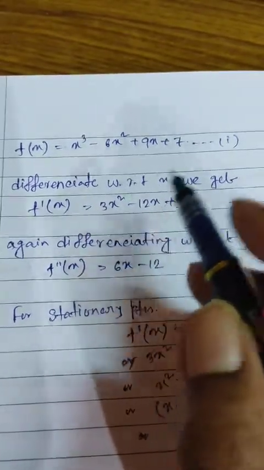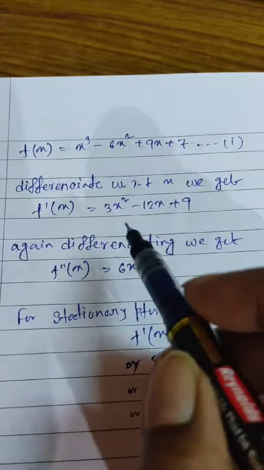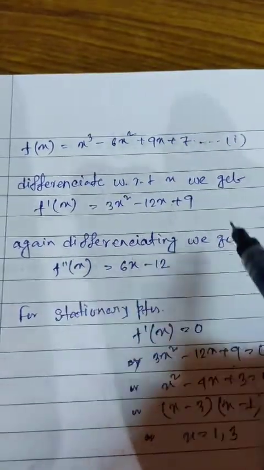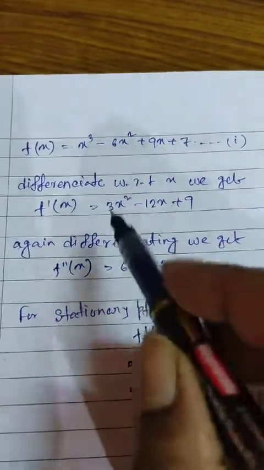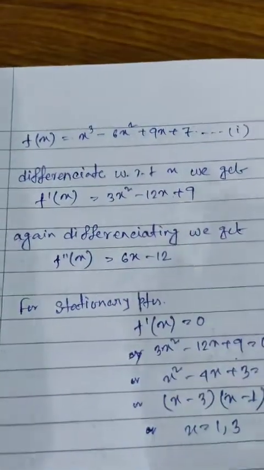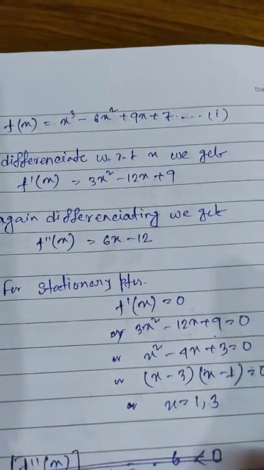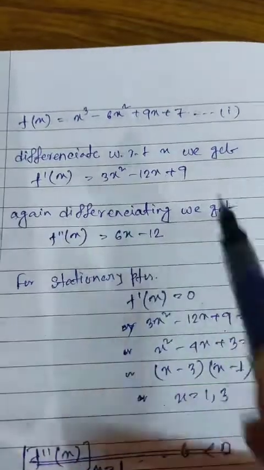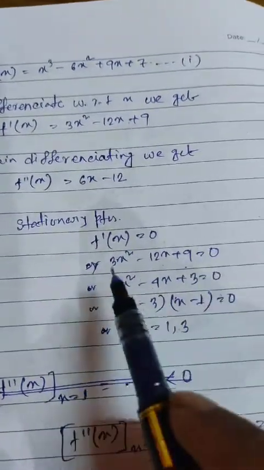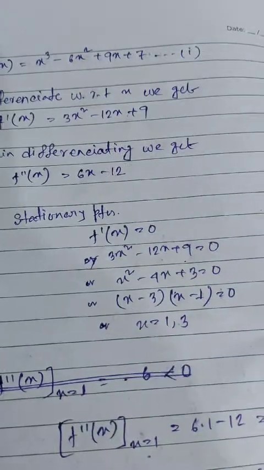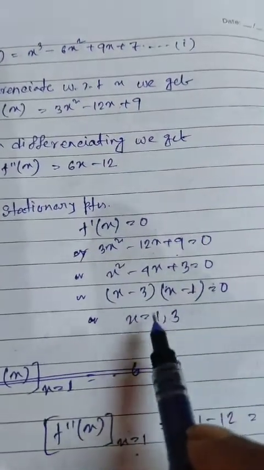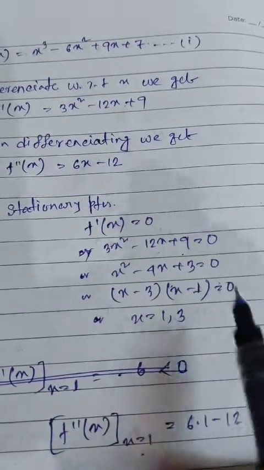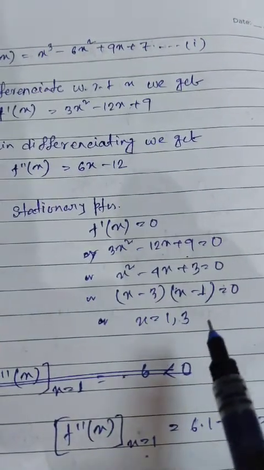So then first we have to differentiate with respect to x. This is very simple, that is f dash x is equal to 3x square minus 12x plus 9, and again differentiating we get f double dash x is equal to 6x minus 12. Now for the stationary points we have to make f dash x equal to 0, so we get 3x square minus 12x plus 9 is equal to 0, and if we simplify it, we get x square minus 4x plus 3 is equal to 0, and then